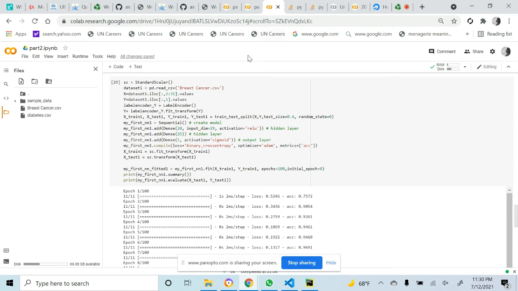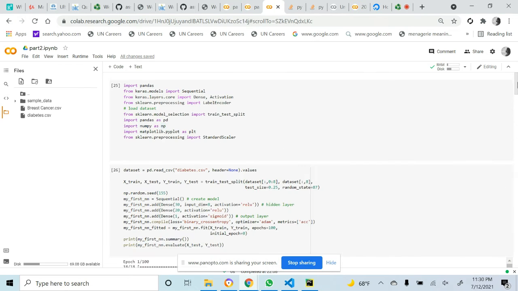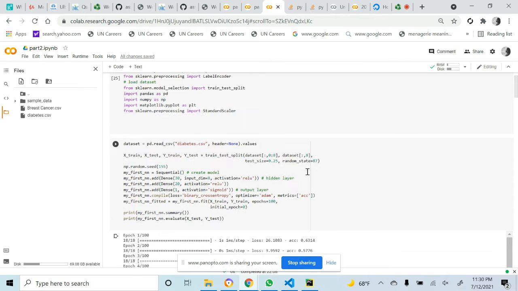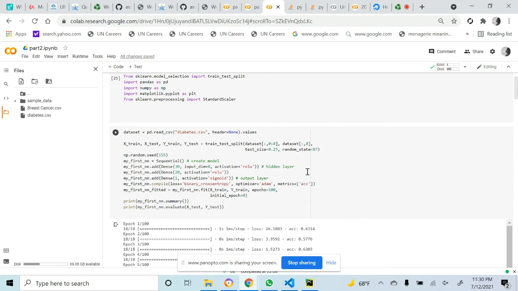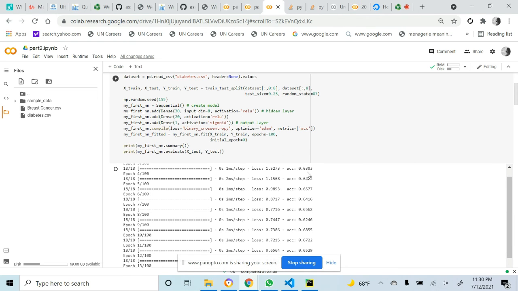for part two, first all the Keras libraries are imported, and then the diabetes CSV file is read, and the data is divided into training and test data. More dense layers are added to the existing code, and we also add the validation data. Then we see the accuracy of this model, and we also plot the accuracy of the training and validation